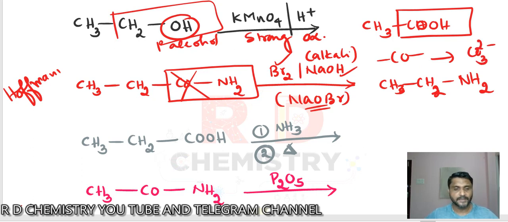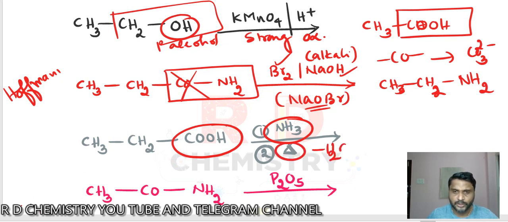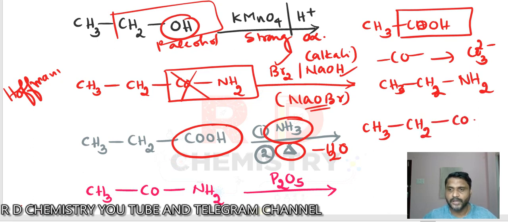Okay, right. Next one, here we have got carboxylic acid and ammonia. So what will happen? It will be heated and lose a water molecule. Finally, we get amide, CH3CH2CONH2, where COOH becomes CO and the NH2 group comes from ammonia. So we are going to get amide. Remember, on heating only.